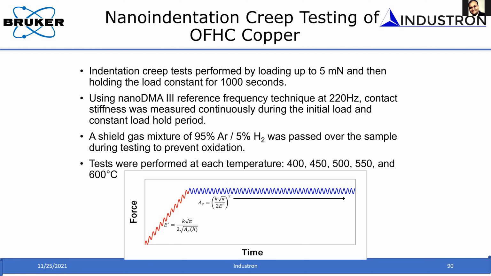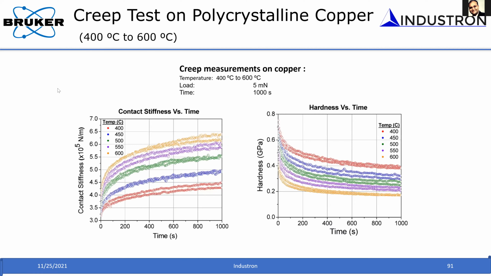Instead of measuring the depth as a function of time, this particular example is for polycrystalline copper. These experiments were done from 400 to 600 degrees C. You can see how the contact stiffness varies as a function of time, and this is done at a particular load. Instead of measuring the depth, you measure the stiffness as a function of time. And from the measurement of stiffness as a function of time, you can calculate the hardness as a function of